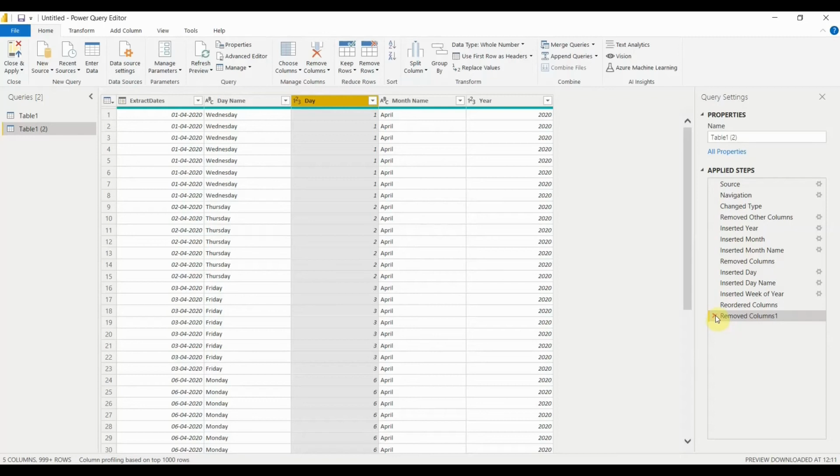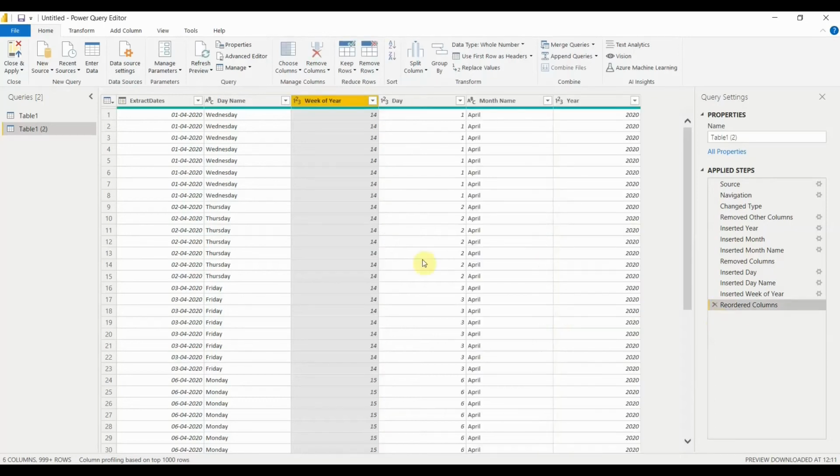If I click on this remove column step, and just cancel it, you will see your column again. This is the applied steps pane, where whatever step you apply in your query editor gets recorded, and based on this you can see all the steps you have followed.